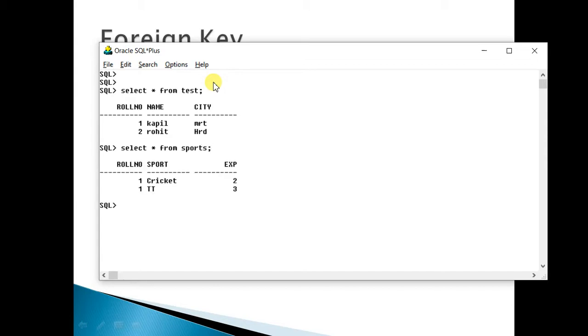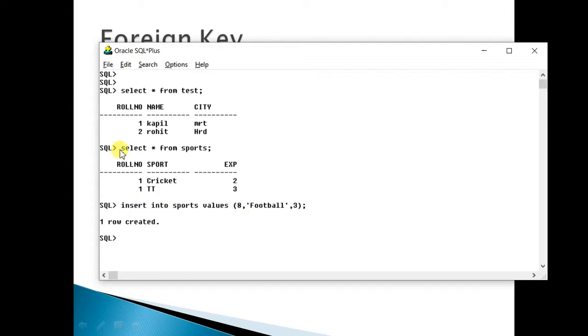Now, what can happen? Let us see this value. Insert into sports values. By mistake, I can type 8, comma, football, comma, 2 years. Now what will happen? This will be allowed.